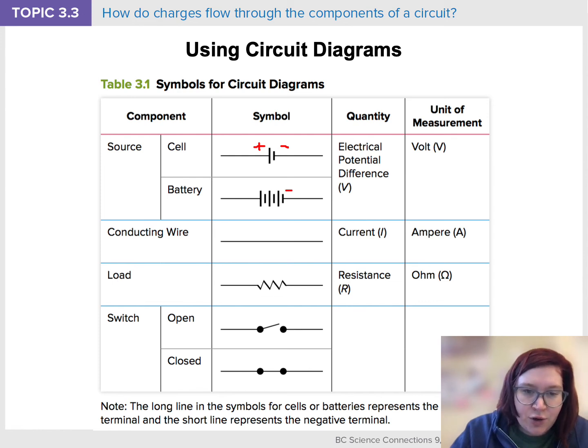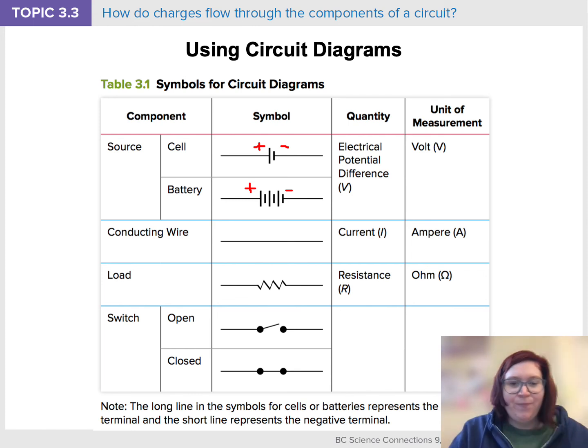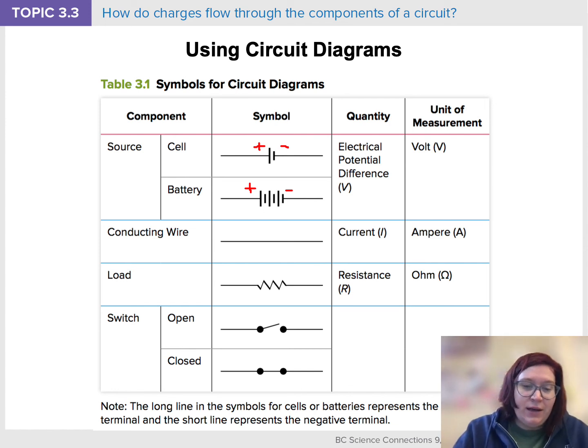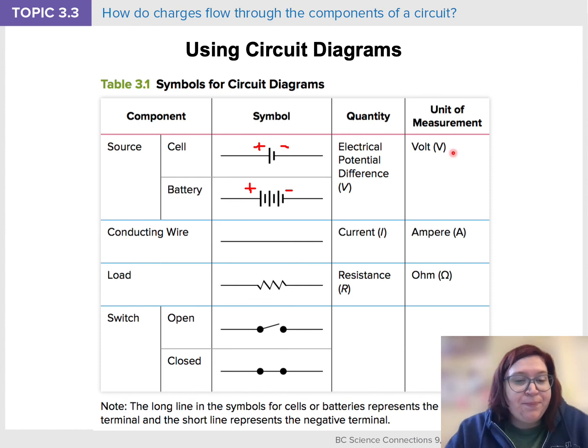And again, the one that ends with the big line is positive, short line is negative. Okay, and remember that this electrical potential difference is measured in volts. To show a wire, it's easy, you just draw a line. This is called current, the quantity that flows through the wire, and that's a capital I. I know it looks like an L here, but it's a capital I, and this is measured in amps or